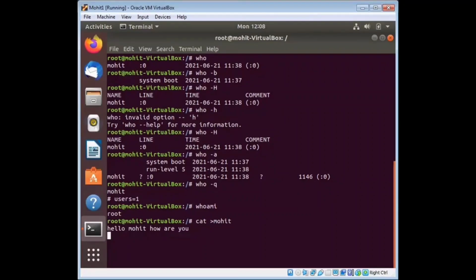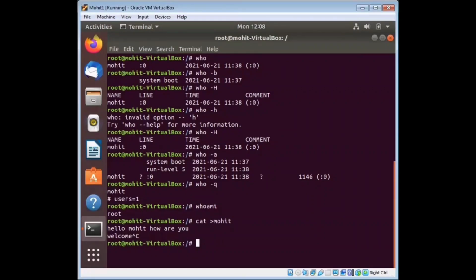Welcome. If you want to quit from this command, you just type Control plus C from your keyboard. So one file is created through the cat command, and its name is Mohit. Through the cat command you can easily create your file.